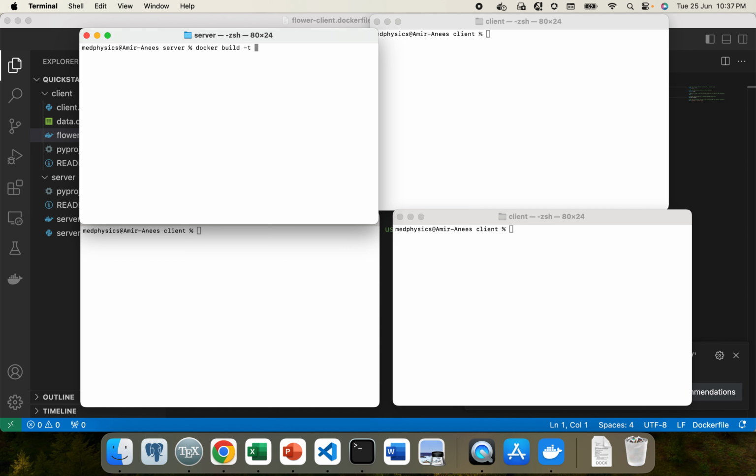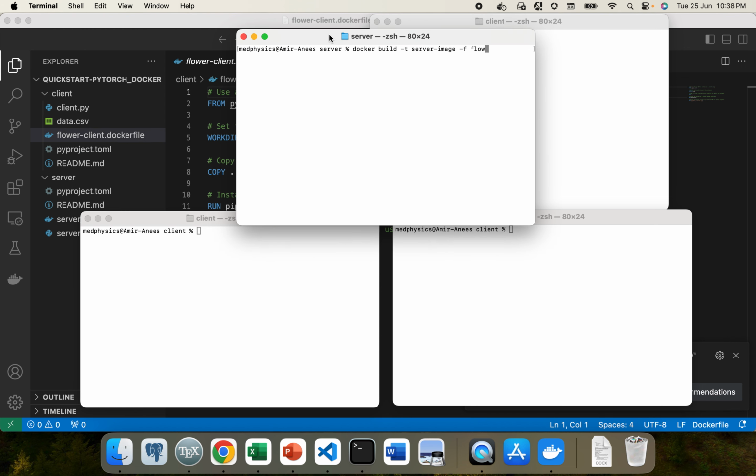By the way, I'm inside this server folder, so I'm going to build an image for the server. So let's name this image server image, and then this image should build from the Docker file, which has a name of